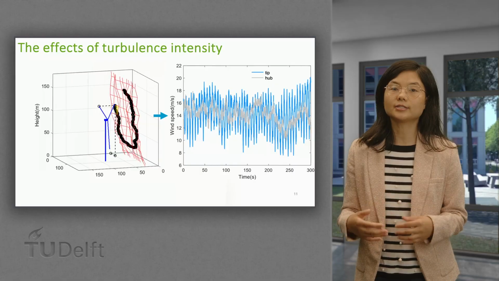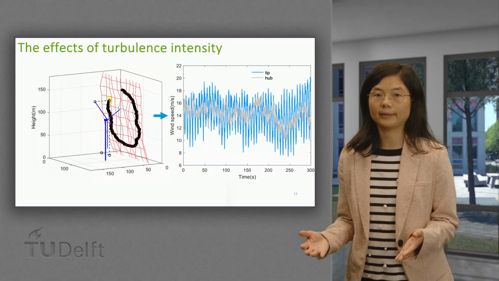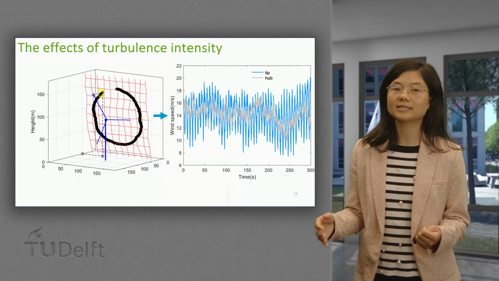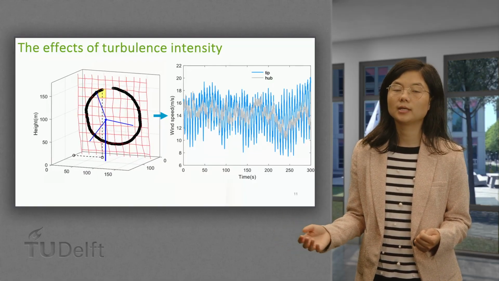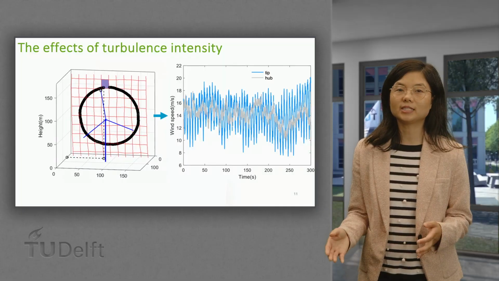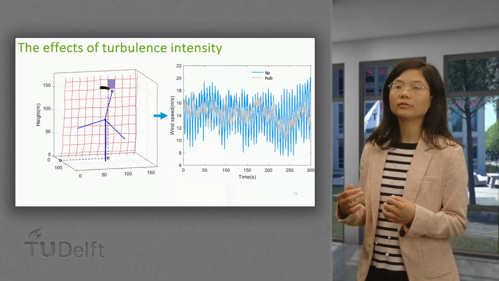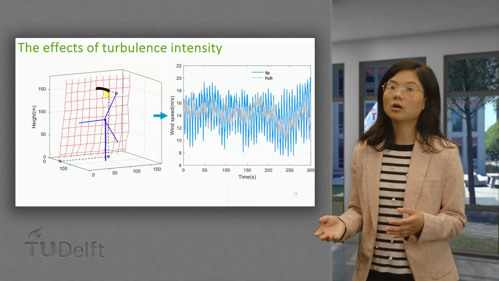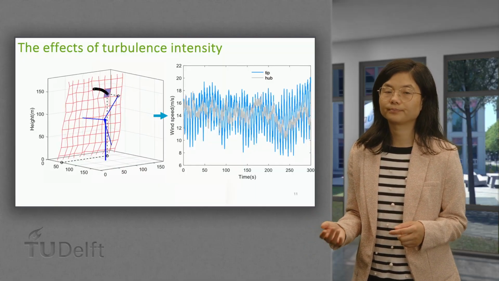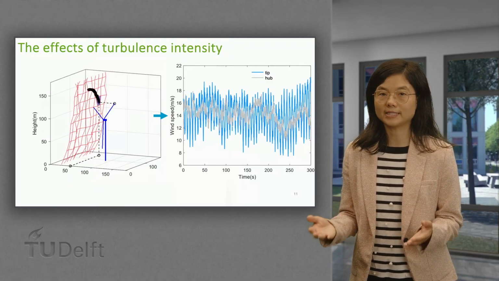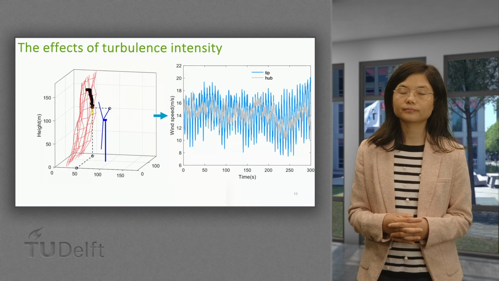TI doesn't just affect a single turbine. It also influences how the airflow behind the rotor mixes with the surrounding airflow. This has major implications for wind farm layout and energy yield, something we will explore in a future lecture on wind farm aerodynamics. Understanding TI is critical for turbine design and site selection.